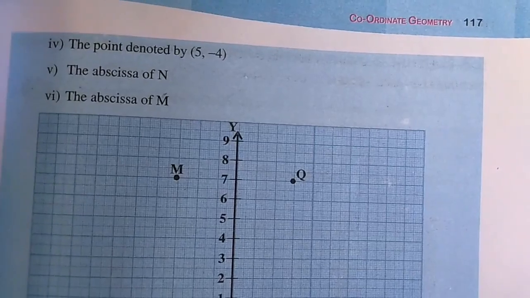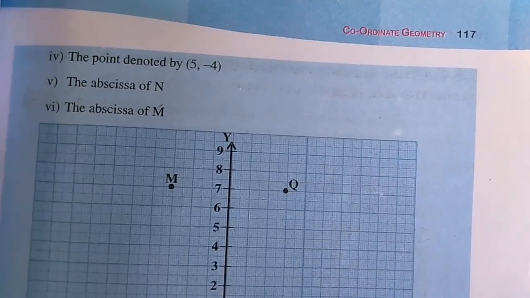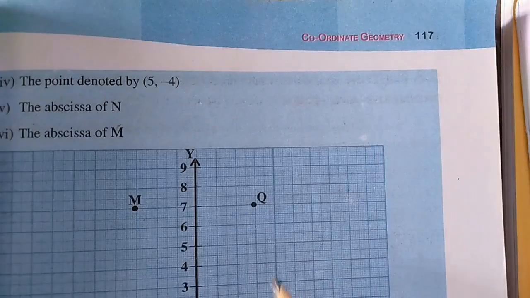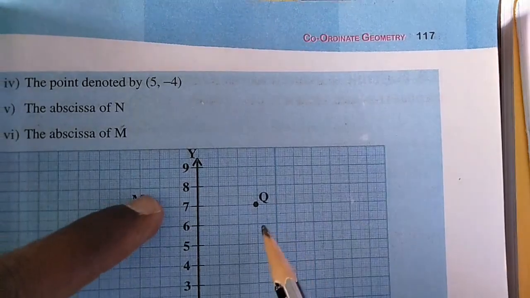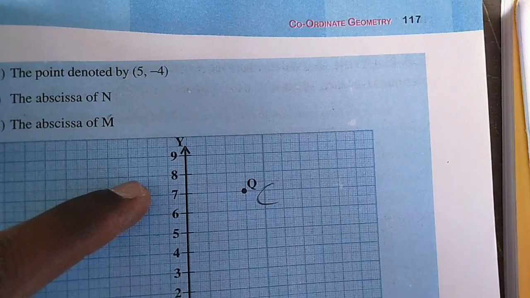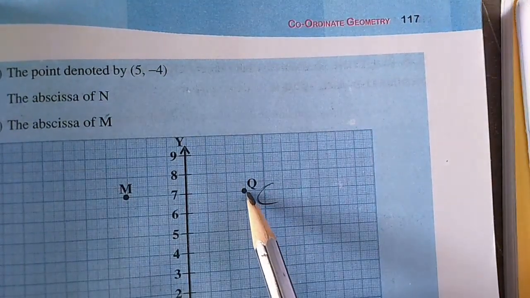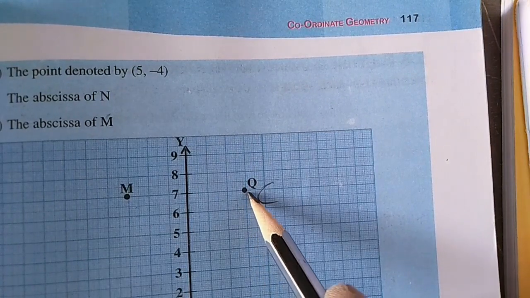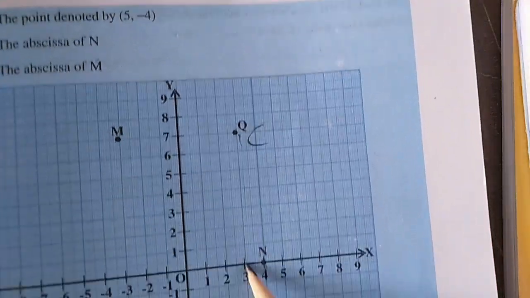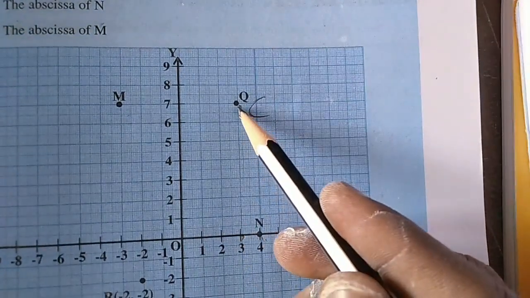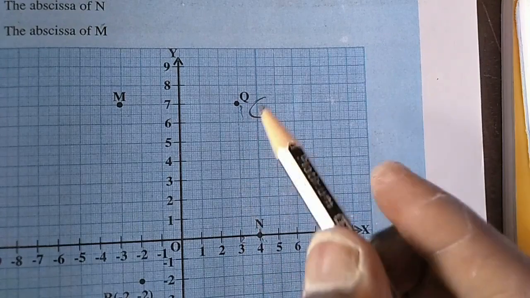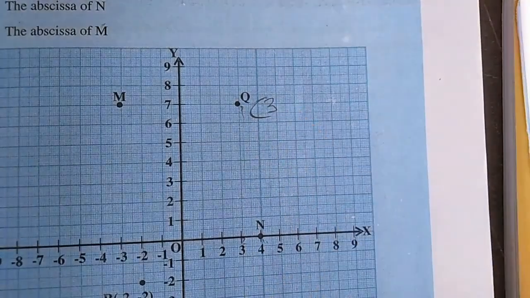First of all, let us write the coordinates of the points which are not given. We have to look at the graph and mark the coordinates. Let's see Q first. What are the coordinates of Q? We always start with the x-axis. So from Q, just move your pencil towards the x-axis. Where is it touching? It is touching 3. From point Q, slowly move towards the x-axis; it is meeting at 3. That means the x coordinate is 3.